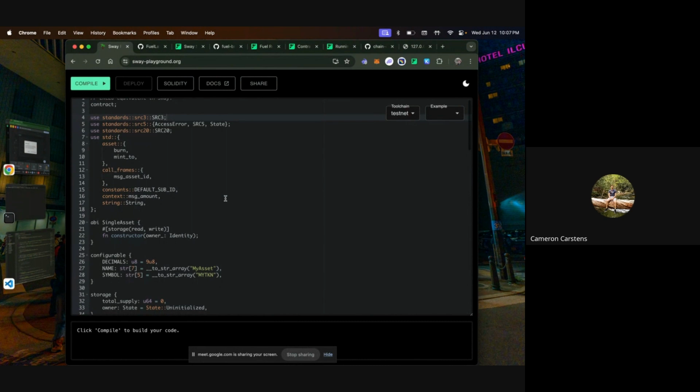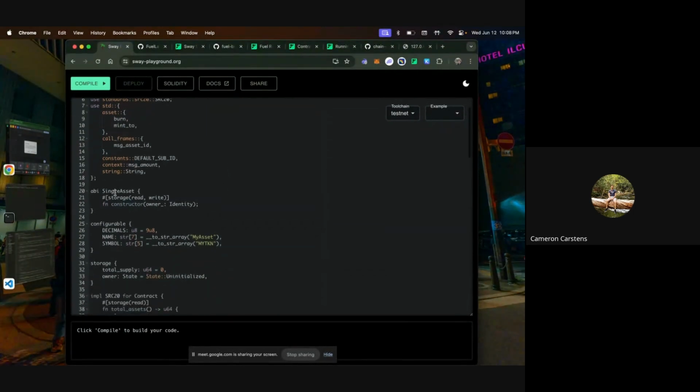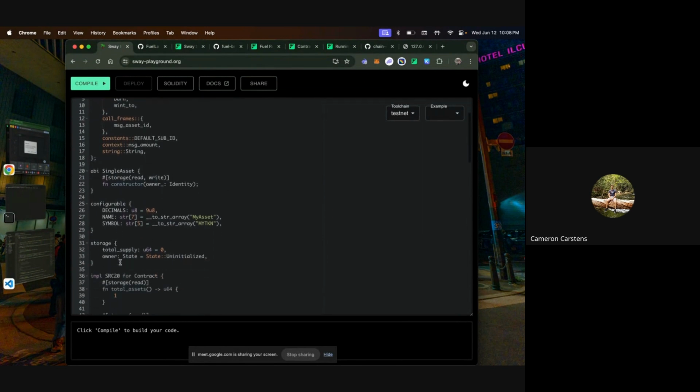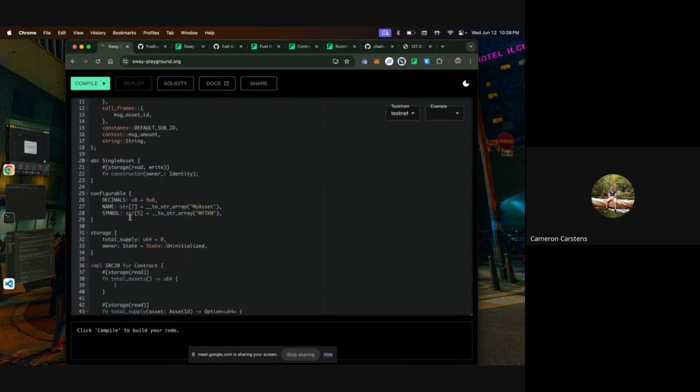Here we have a very basic equivalent of the ERC20 in the Ethereum world, a single asset contract with all of our imports. Some things to note here are the configurable and storage blocks. Configurables are set at compile time, and storage is set when the contract is deployed to the network.